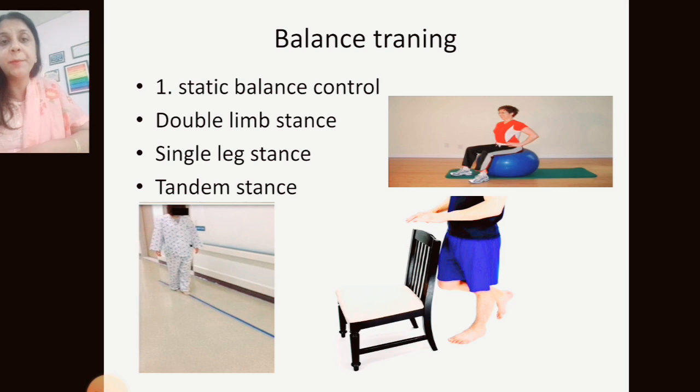That is the progression part. Basically, we note down the progression. Initially, on the first day when the patient comes and we practice that task in the single leg stance or the tandem stance, the time duration was only 10 seconds. But later on, the patient becomes a master in that condition with continuous training and neural adaptation, and we work on the cerebellum, so the patient can prolong the time durations. Then we have double limb, single leg and the tandem stance.